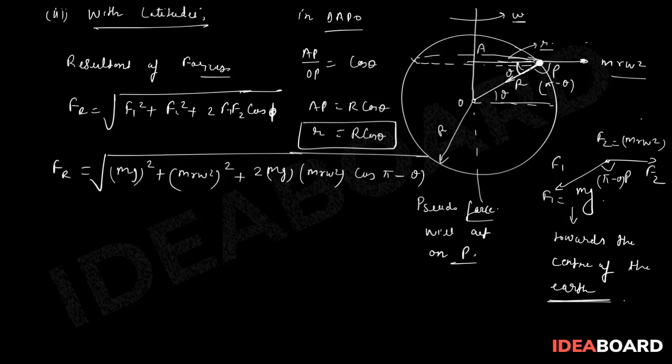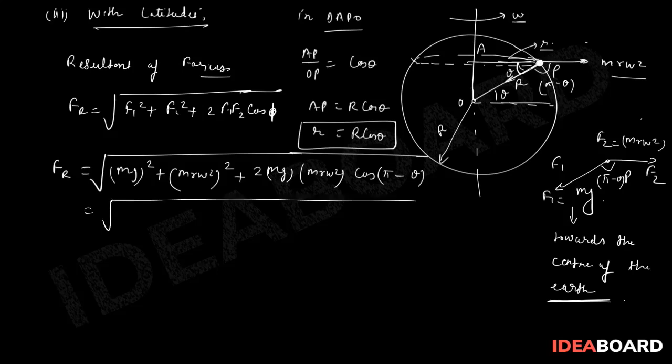So this is going to be the resultant of two forces. Now we have to solve this expression to make it a little bit easier. So we can take m square common, so this is g square plus r